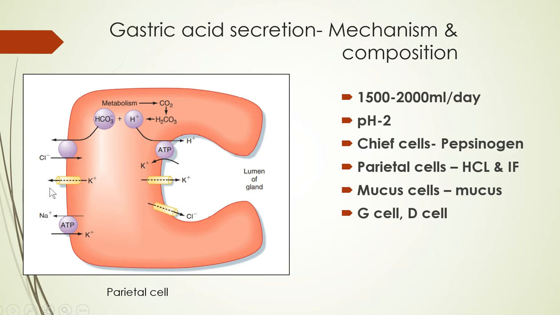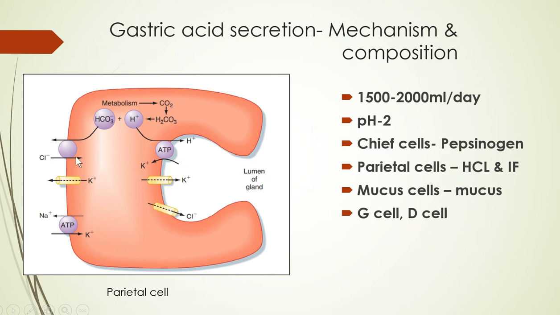Now this potassium, via some leaky channel, goes on both sides. Okay, the left bicarb ion, in exchange of chloride, is absorbed into blood and chloride into cells. Now this chloride again via leaky channels comes into lumen, and this H positive and chloride basically makes HCl. So that's how gastric acid is formed.